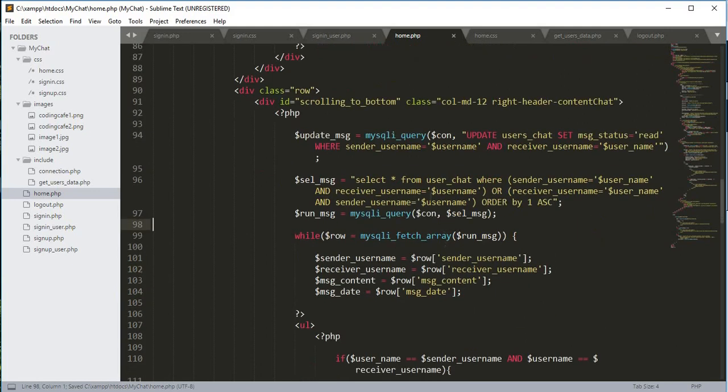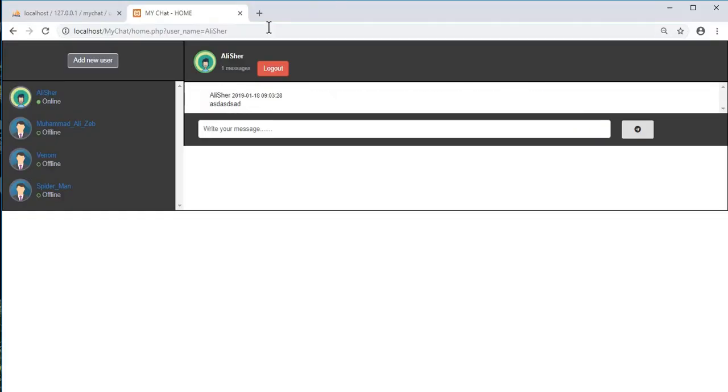So let me just check it. Okay, so the error is this, it's users chat, not user chat. Now if I just refresh it, here is the message as you can see,